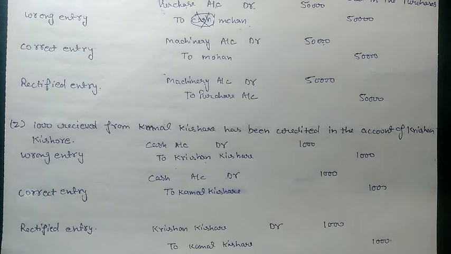In that case, you need to make another account, that is, you can use suspense account. Because you needed to credit Kamal Kishore by 1000, but Krishan Kishore you have credited by only 100. So you can debit Krishan Kishore only by 100. The remaining 900 you will debit in suspense account. So you need to open suspense account also in that case, when there is a difference between amounts. So, this is the question that we have done.